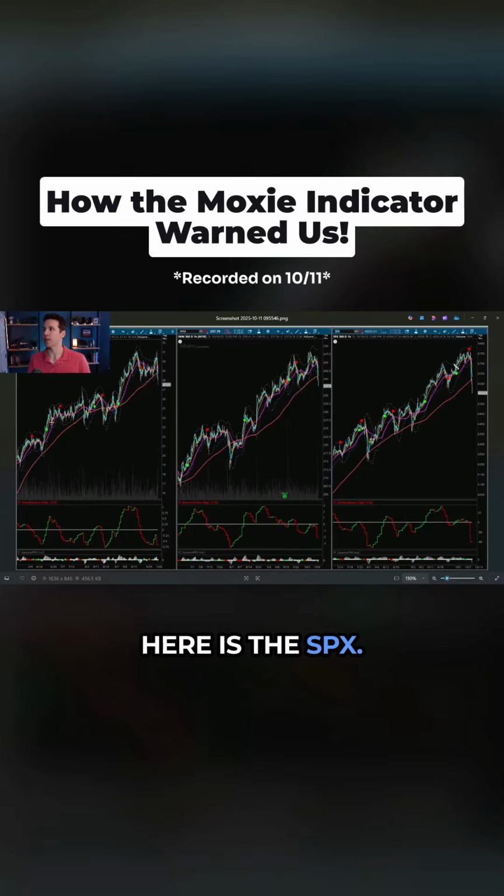Here is the SPX. You can see right there, Moxie price trigger. We got that Thursday. Thursday is when that thing fired. And you can even see that price was coming up here. Look how shaky the Moxie indicator was looking. Not good. And you can see here another situation where price was over the 50, the Moxie indicator was below zero. This one I almost want to call an inverse trampoline move. It did flash green and then red. So it did actually give a fresh red trigger, and then you got price coming back down here.